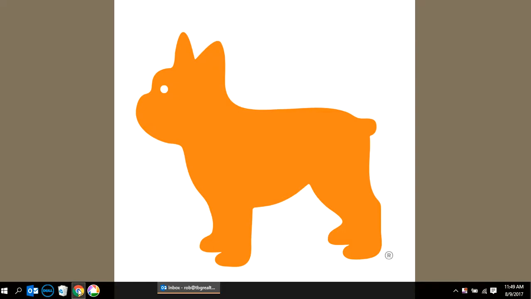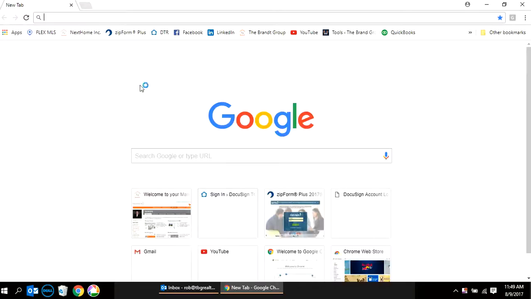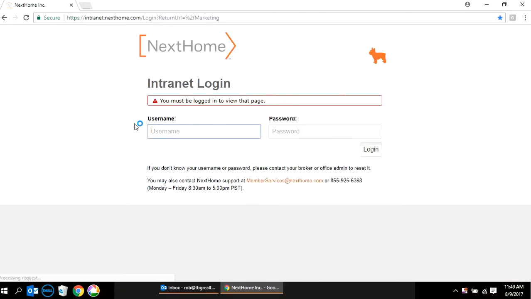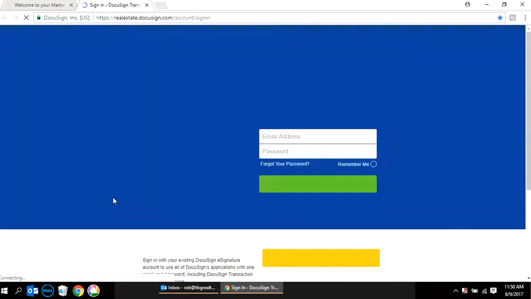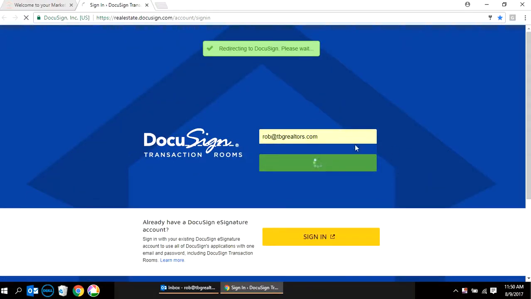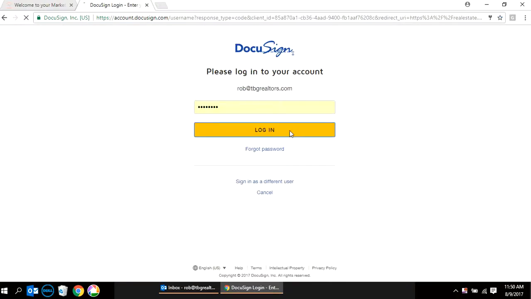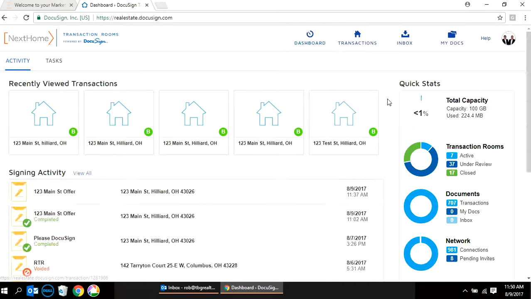sign documents. So go ahead and open up your web browser, and the best way to go to the DTR at first, if you haven't already done it, is via your NextHome intranet portal. On the left hand side of the page you'll see DocuSign DTR. Click on that. If you've already logged in, it will log you in automatically. If you don't have your username and password, obviously talk to your office administrator and they'll help you out with